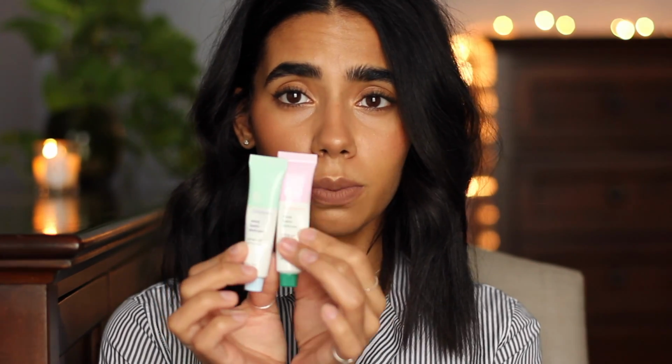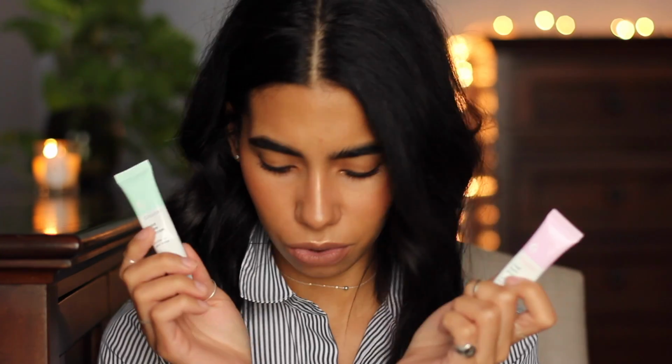The packaging's super cute. I wish I had the cherry here to show you, but I don't. But anyway, these two are nonstop in my handbag. Love them. Love the Balm.com. So good. And then a lip combo that I've been wearing has been the Charlotte Tilbury Lip Cheat in Pillow